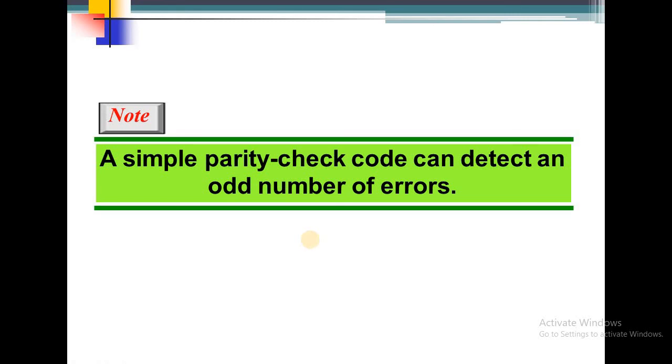So a simple parity check code can detect an odd number of errors, but if an even number of errors occur during the transmission, then it cannot be detected, because ones will be changed to zeros and zeros to ones, and it does not affect the parity check, that is the parity bit remains the same.